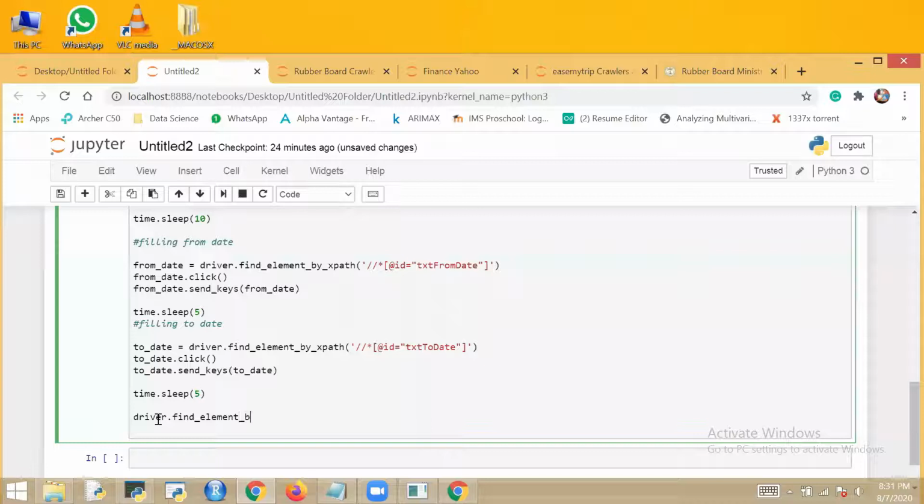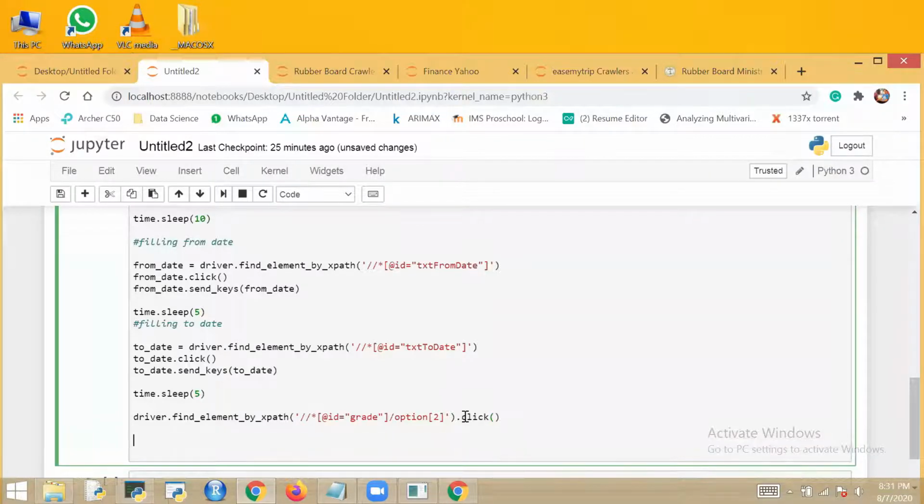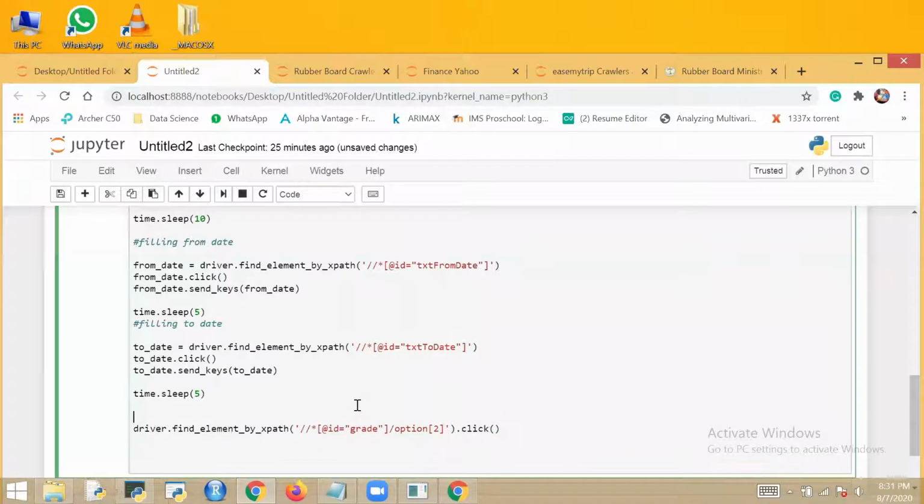element. Dot click. This is filling the grade.